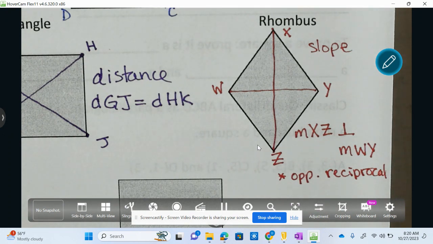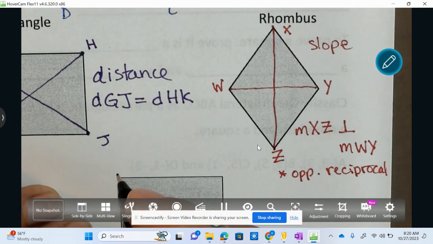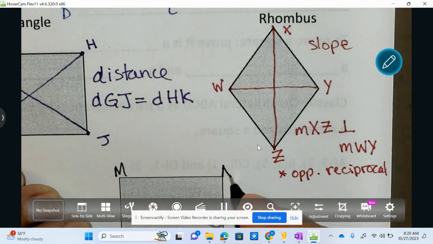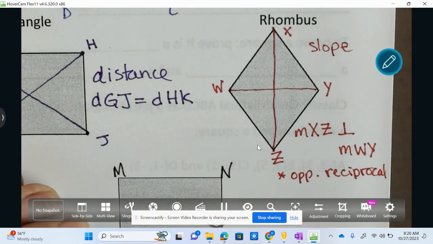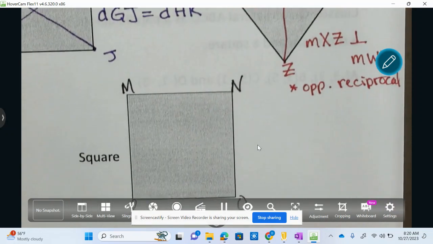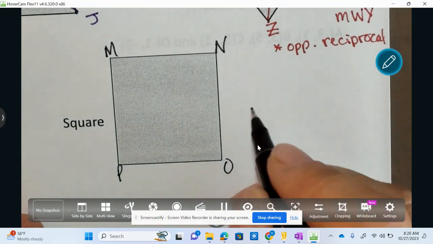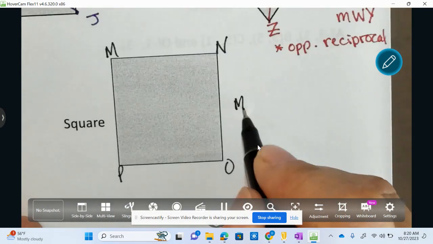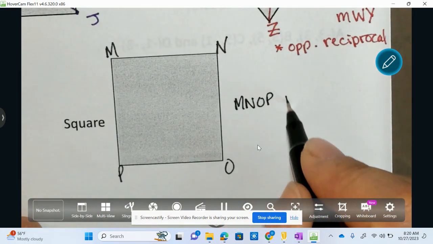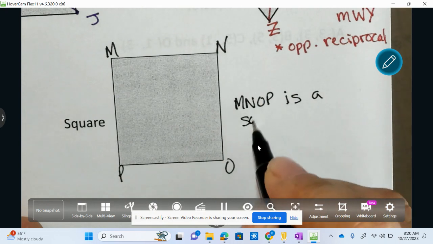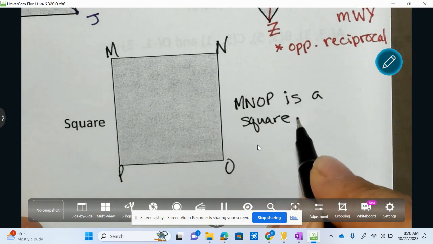And then our last shape was a square. All I did for my square was label my vertices, and I called it square MNOP. And I said MNOP is a square if